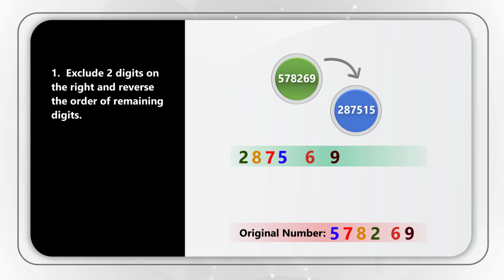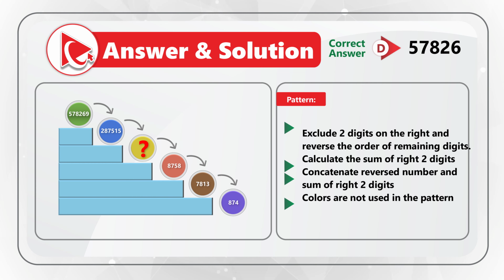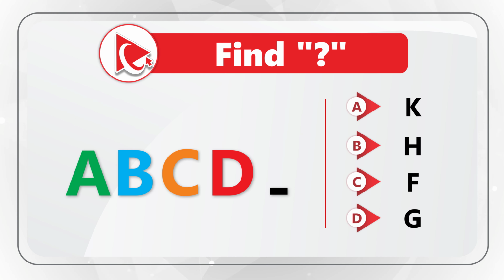We basically add 6 plus 9, and end result of it is 15. Then we concatenate 2875 and 15. So the end resulting number is 287515. As ball continues rolling, we repeat the calculations and get to the answer of D, 57826. The answer is very obvious, but only if you know it, or guess it, as we would have to